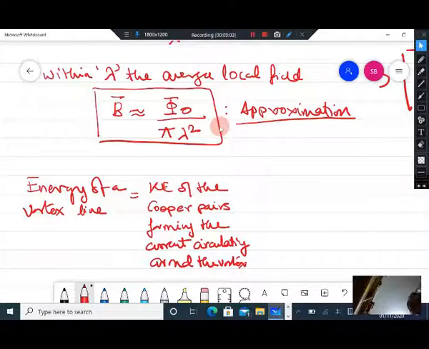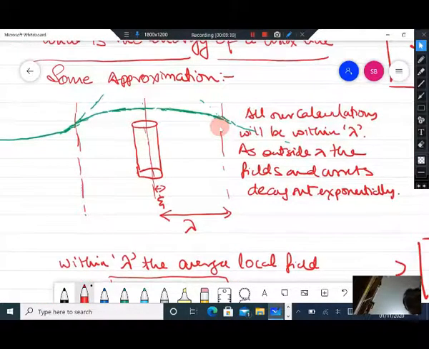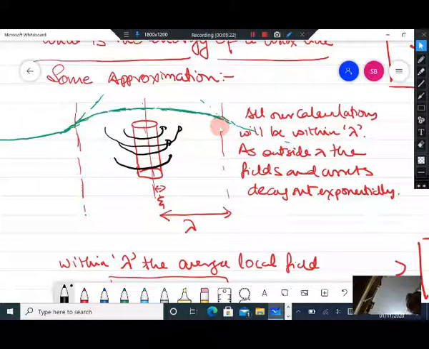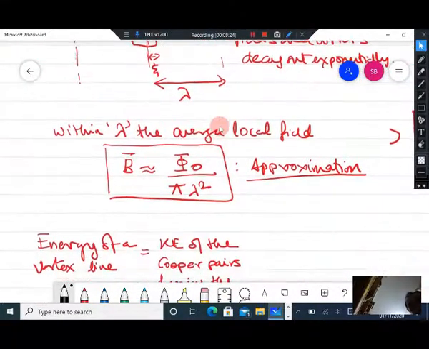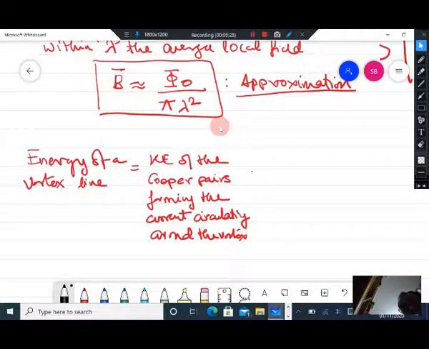So around the vortex you have currents which are circulating, and the kinetic energy of the particles forming this current will be contributing to the energy of the vortex, plus